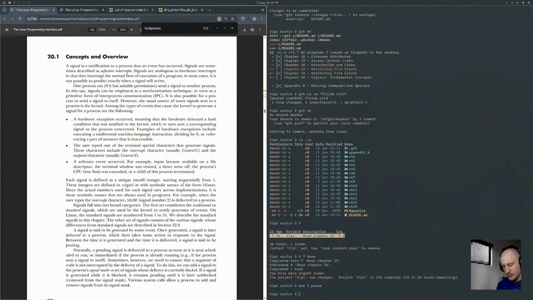Each signal is defined as a unique small integer, starting sequentially from 1. These integers are defined in signal.h, with symbolic names in the form of SIGxxxx. Since the actual numbers used for each signal vary across implementations, it is actually